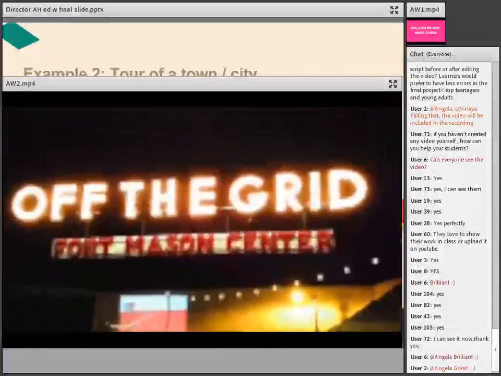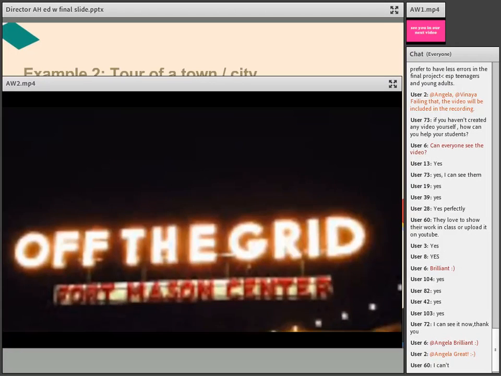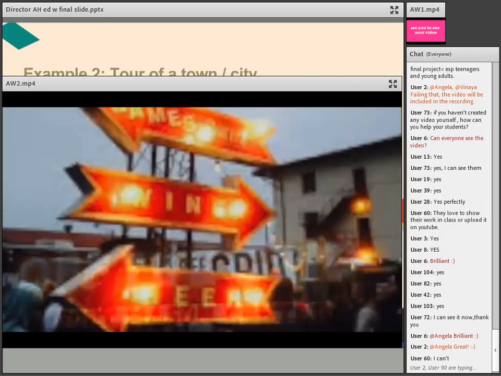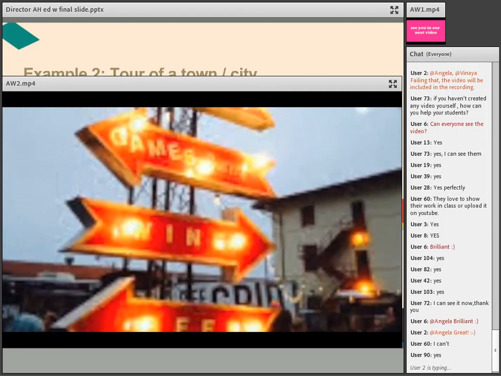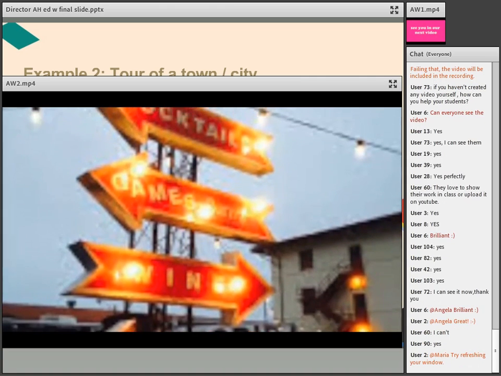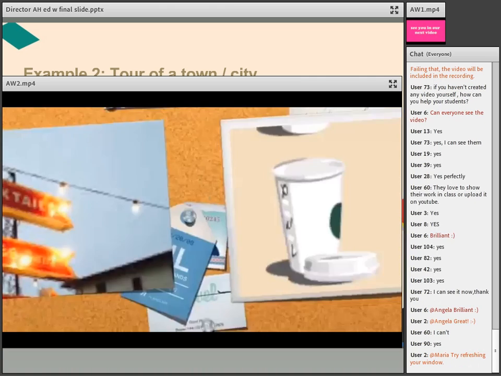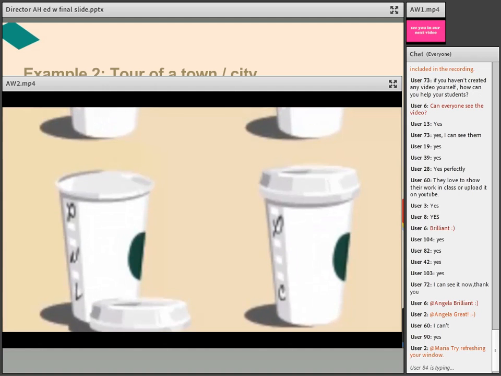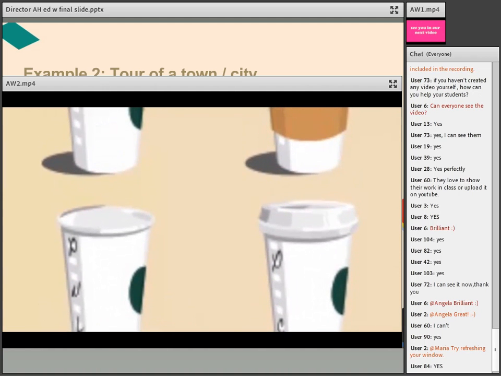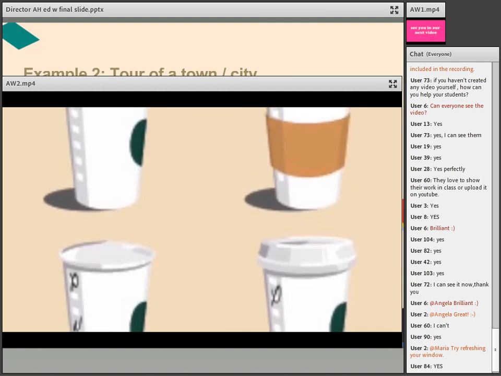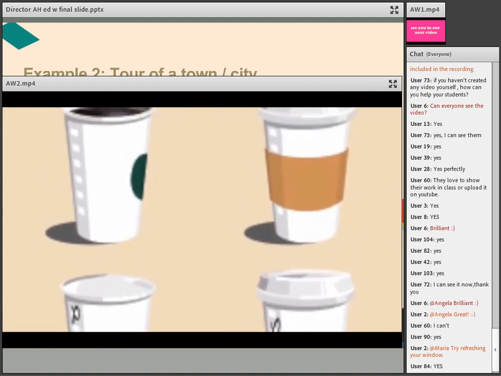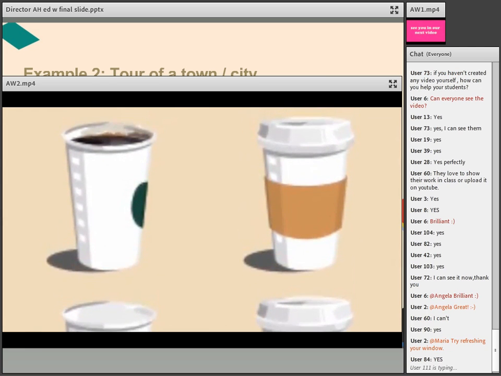Another popular place to eat is Off the Grid. At Off the Grid, there are so many different food trucks that sell many delicious types of food from all over the world. You can also play fun games with friends. Many San Franciscans love coffee. We get it from our favorite coffee shop. People usually buy a warm cup of coffee before going to work in the morning.